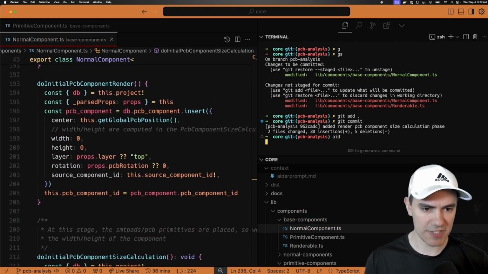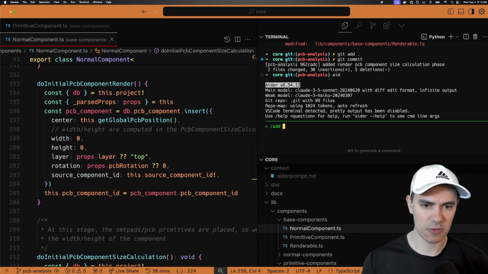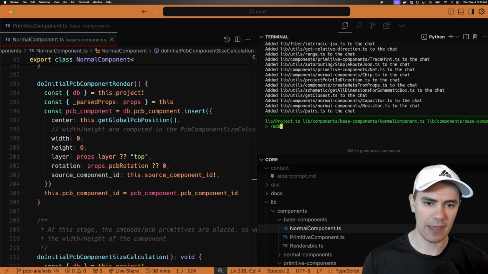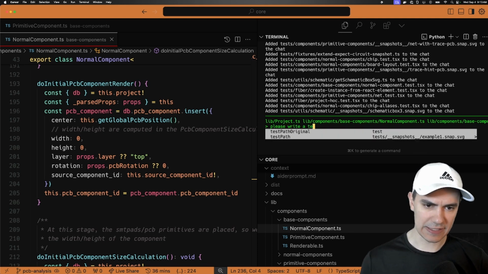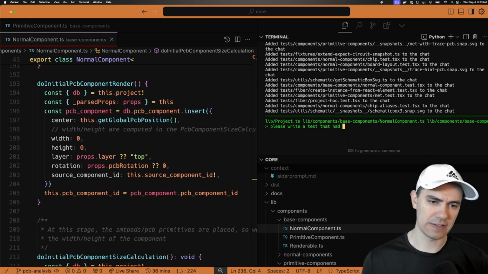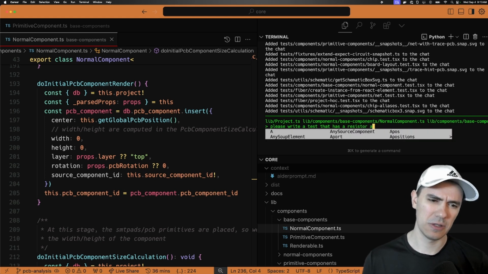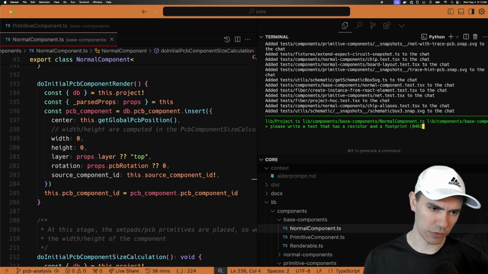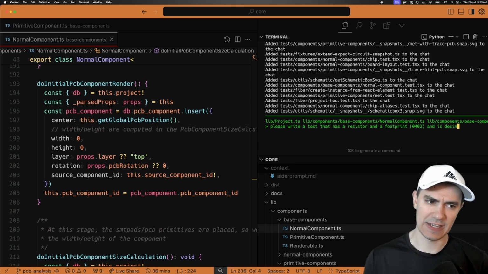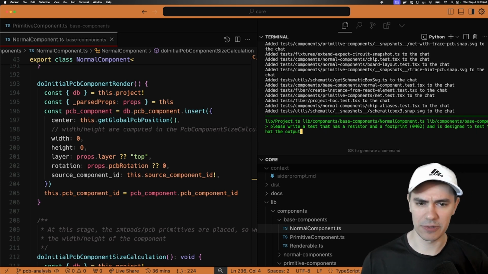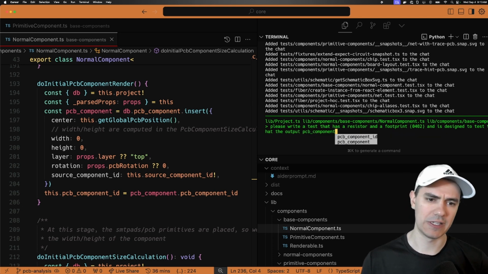Cool. I'm gonna use Aider to help me write a test. So we're gonna add the lib, add tests. Please write a test that has a resistor. Yeah, let's do a resistor and a footprint 0402, and is designed to test that the output PCB component size